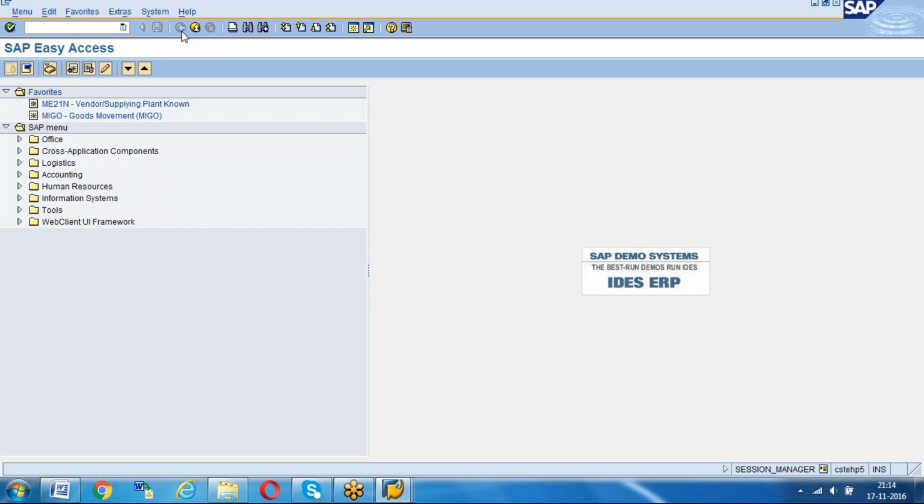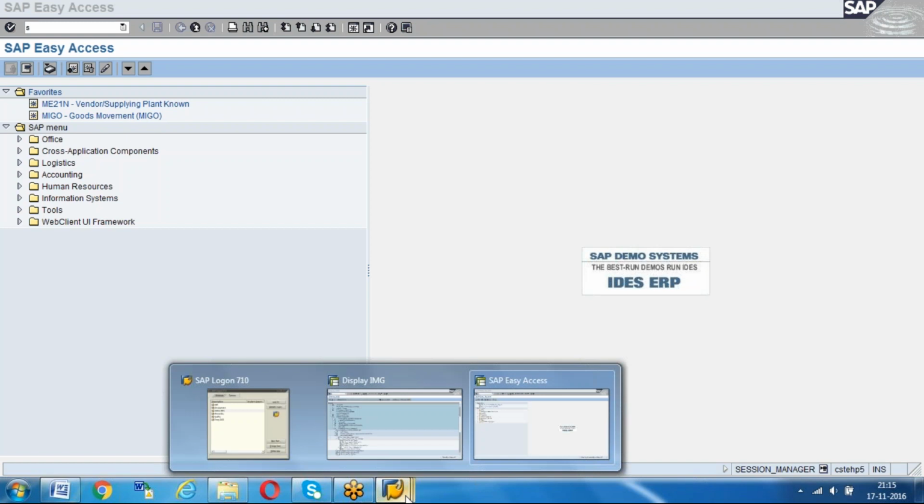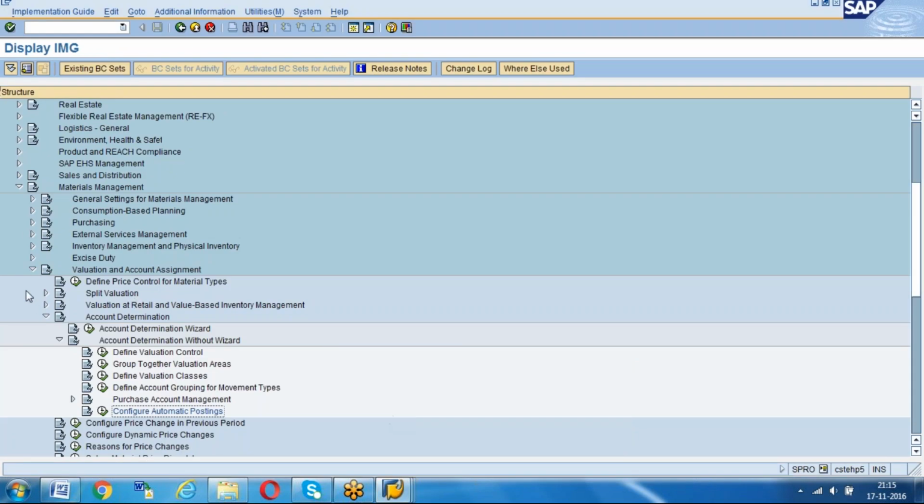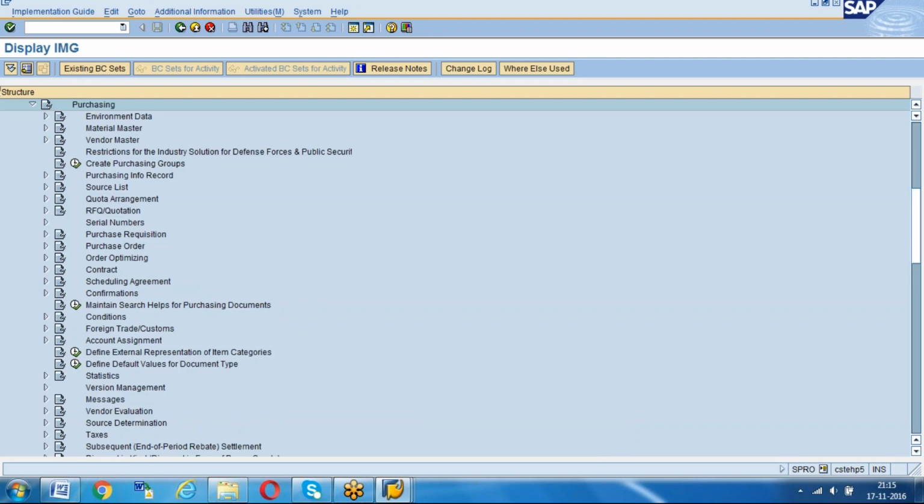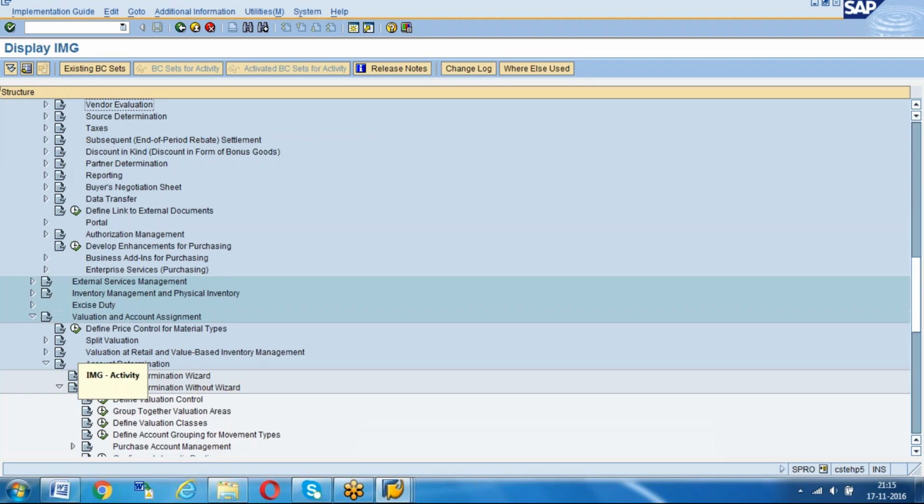The processes wise we can give those examples. Coming to MM-SD integration, the configuration wise I can tell one direct example. When you do this stock transport order, the main process of integration is the stock transport order. And the configurations wise, if you take the purchasing, where we set up our stock transport process, and before that